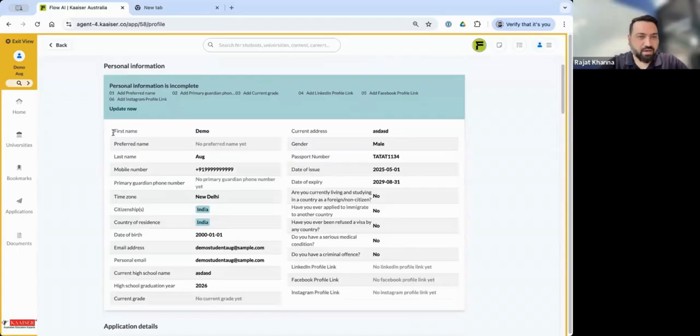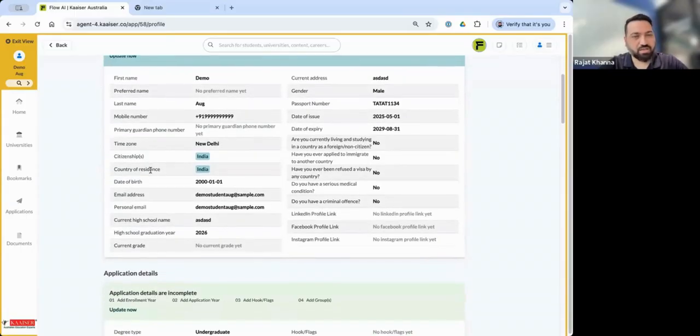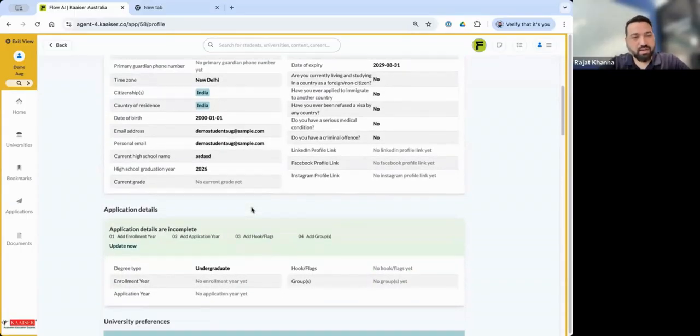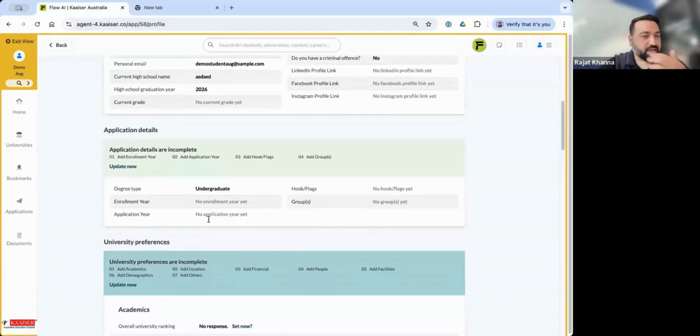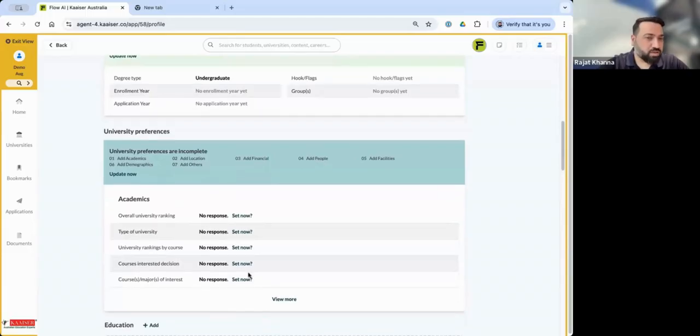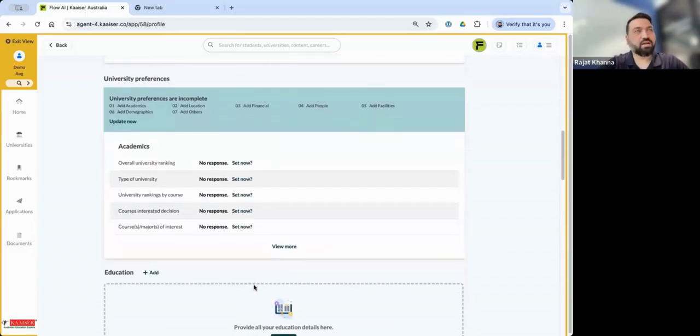So right from their primary information like name, mobile number, parent details, citizenship, country of residence, passport, till what they are really interested in, the application intakes, and their university preferences, like are they interested in a top-ranked university, are they interested in a public or a private university, what courses they are interested in, majors of interest,